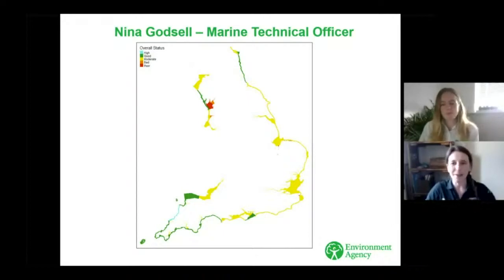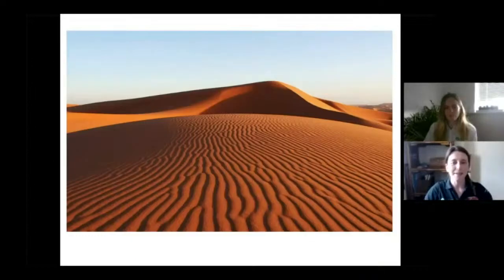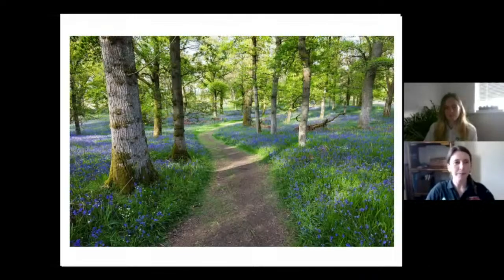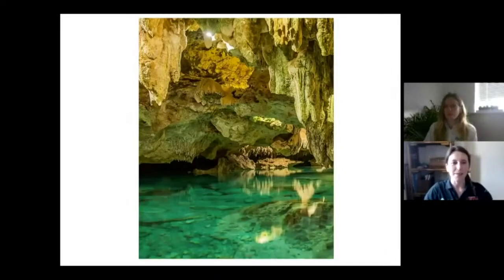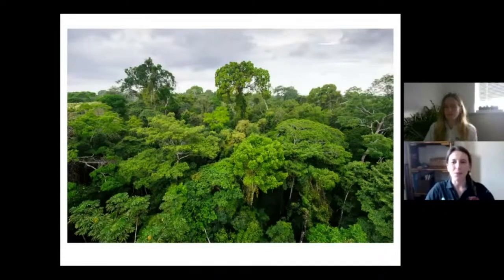So we are now going to dive beneath the surface of the sea and explore it in more detail by looking at all the different underwater habitats. Firstly, what do we mean by the word habitat? So habitat can be thought of as a home environment for a particular species of animal, plant, or other organism. For example, on land, we have deserts, and we have woodland, and caves, and tropical rainforest,